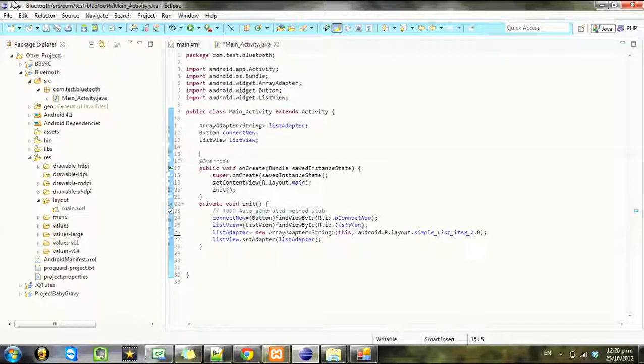So I'm just moving around a bit here. First thing we want to do is